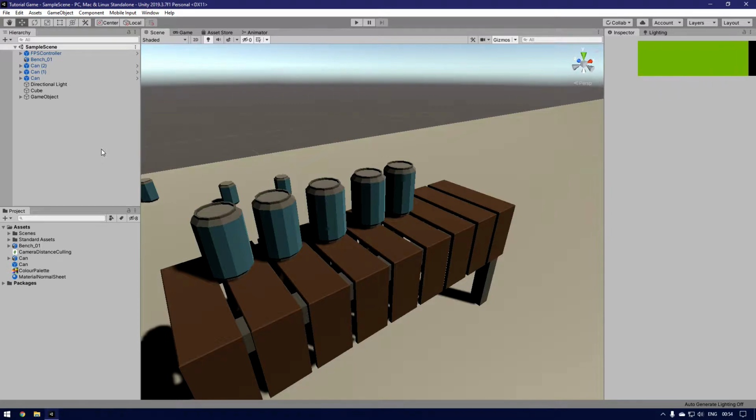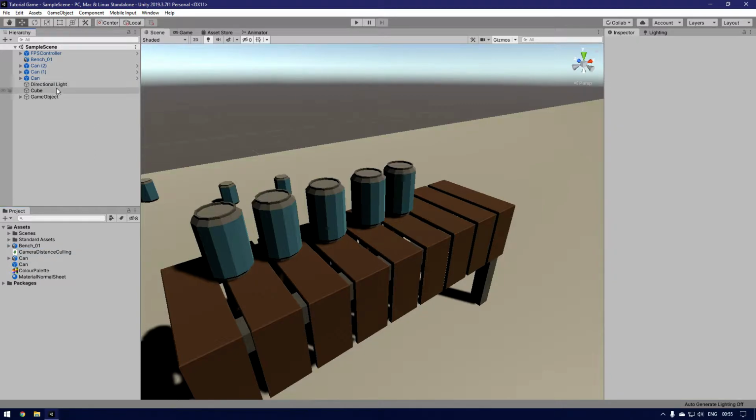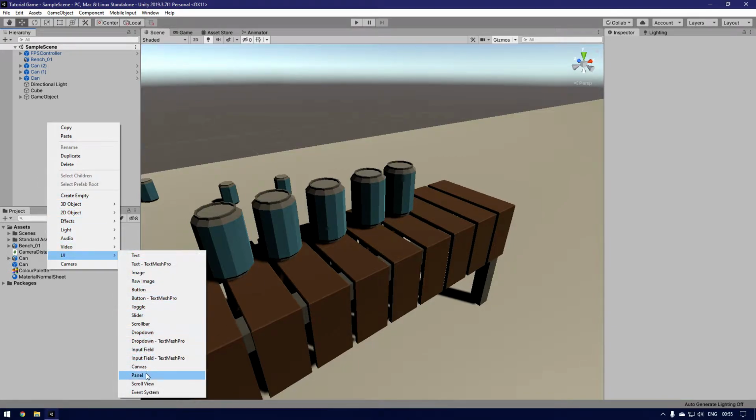Following on from my last video, we are going to do a quick UI which has 3 sliders on it for small, medium and large scale objects, which we set up yesterday, last video. And once that's done, we're going to pop back into our camera distance culling script, and then we're going to get it all to work. So what we're going to do first is right click UI panel,